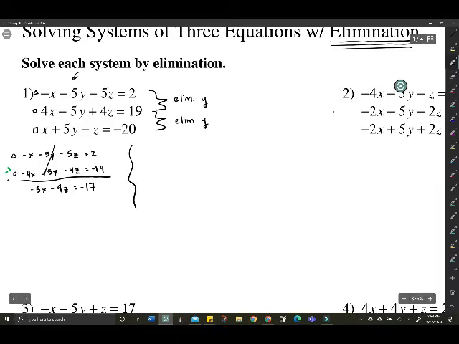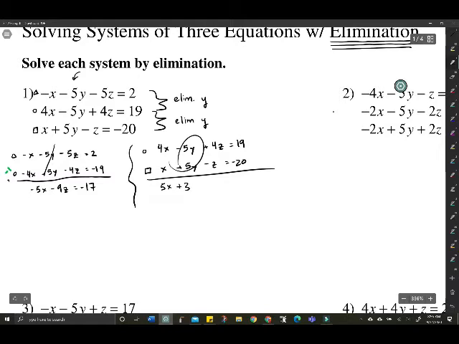First, I need to eliminate y from circle and square. And it's already set up for us. How nice is that? That's just lovely. When things work out like that, it won't always happen, but as we get started here, we want to start out with easier problems to help build the confidence. So those are already set to cancel. Okay, that makes it 5x